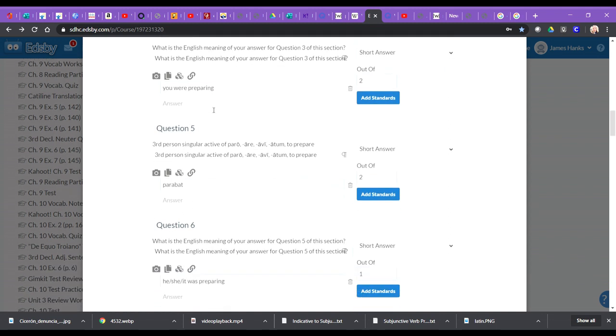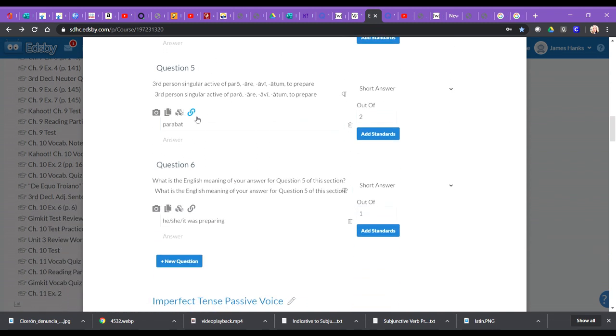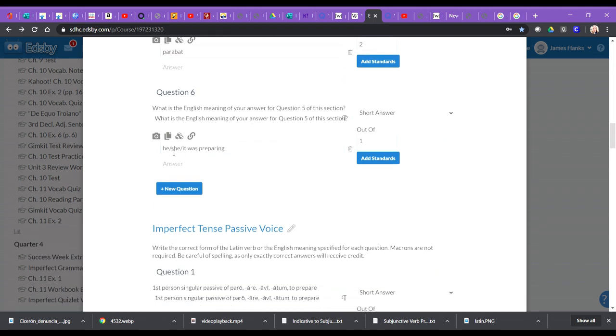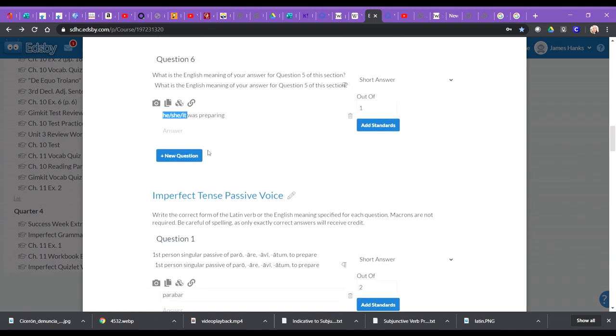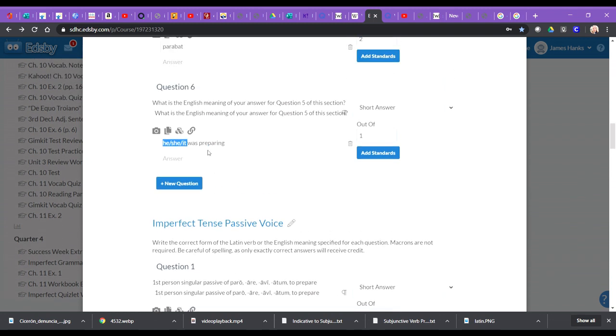You were preparing. This is good because when you get to the third person, if it's paro, you would type parabot, and then what's the meaning of that? Do it in this format, he/she/it. This is always how I present things, but if you're one of the people who does the S in parentheses and then the he/it, it may not pick that up, so just remember this format, he/she/it, and then I'll guarantee you get credit. There'll be 12 questions like that, because 6 of them will be Latin, 6 will be English,